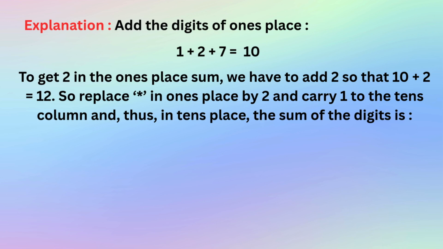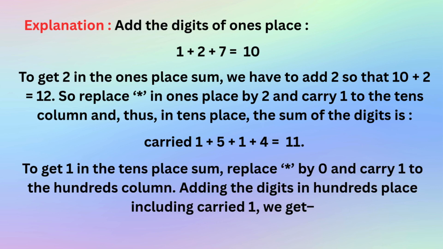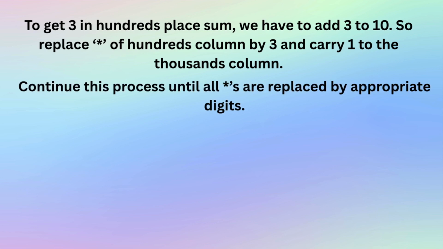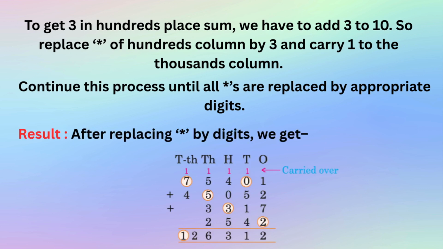Thus, in tens place, the sum of the digits is carried 1 plus 5 plus 1 plus 4 equals 11. To get 1 in the tens place sum, replace asterisk by 0 and carry 1 to the hundreds column. Adding the digits in hundreds place including carried 1, we get 4 plus 0 plus 5 plus 1 equals 10. To get 3 in hundreds place sum, we have to add 3 to 10. So replace asterisk of hundreds column by 3 and carry 1 to the thousands column. Continue this process until all asterisks are replaced by appropriate digits. Result. After replacing asterisks by digits, we get